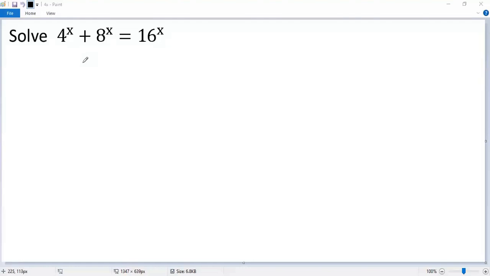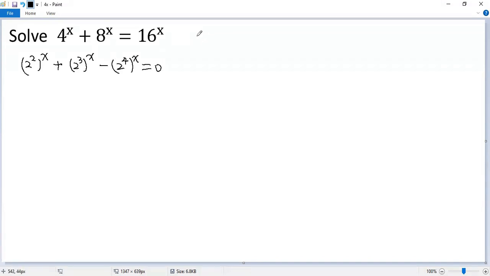To solve a nice exponential equation, we change all bases to 2. We know 4 equals 2 squared, so 2 squared to the power x. Similarly, 8 equals 2 cubed, then to the power x. Move this term to the left side, minus 16 equals 2 to the power 4, and then to the power x